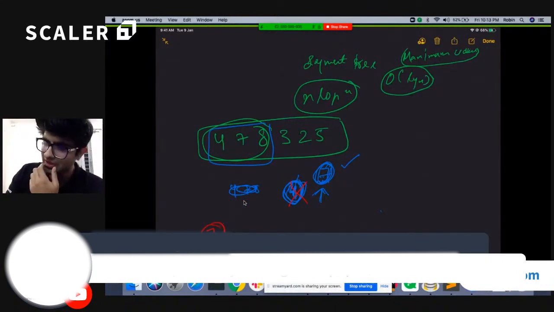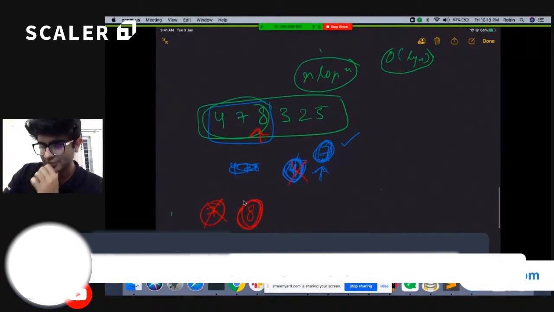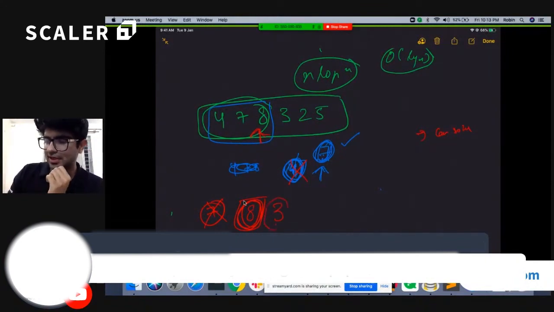In a similar way, if I figure out 8, I can remove this information as well, and I can just store 8 only to solve my answer. If I do it this way, I can solve this question. Now my answer is 8 for this. Now let's say I come to 3. If we figure out an element which is lesser than this element, I can't say anything yet.